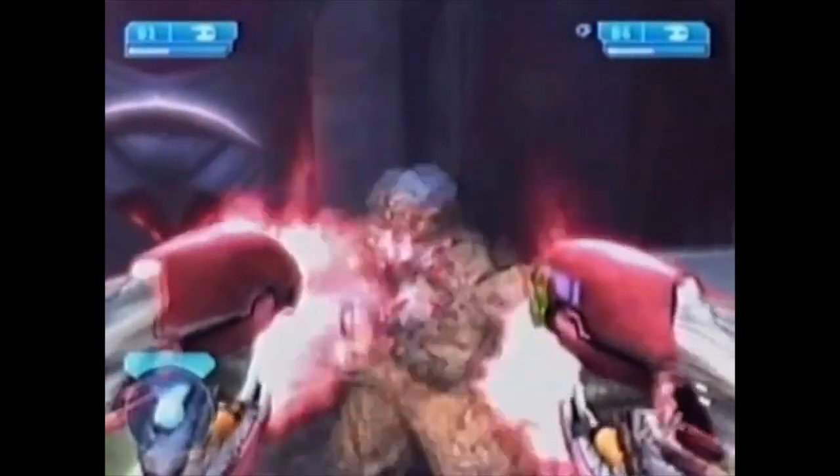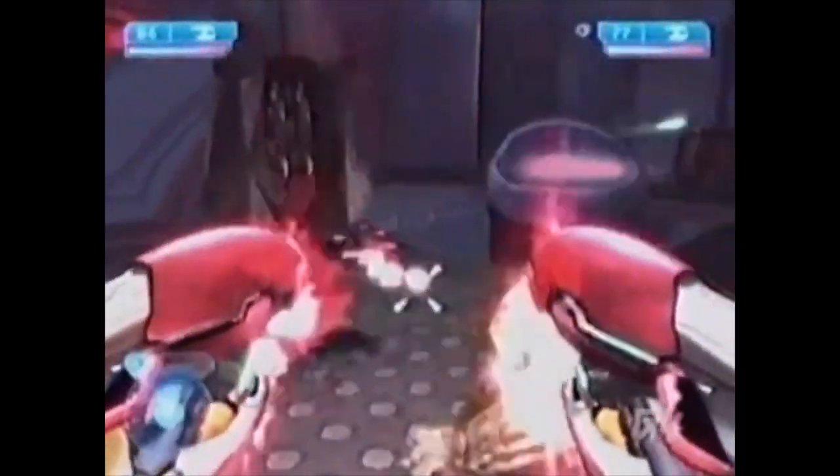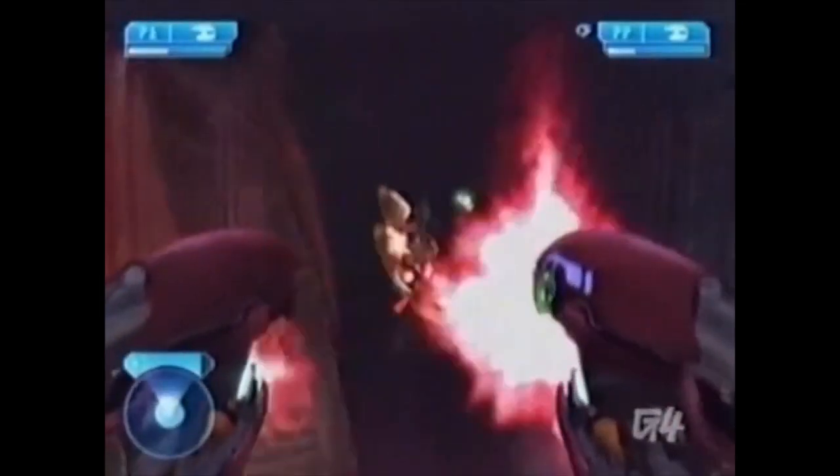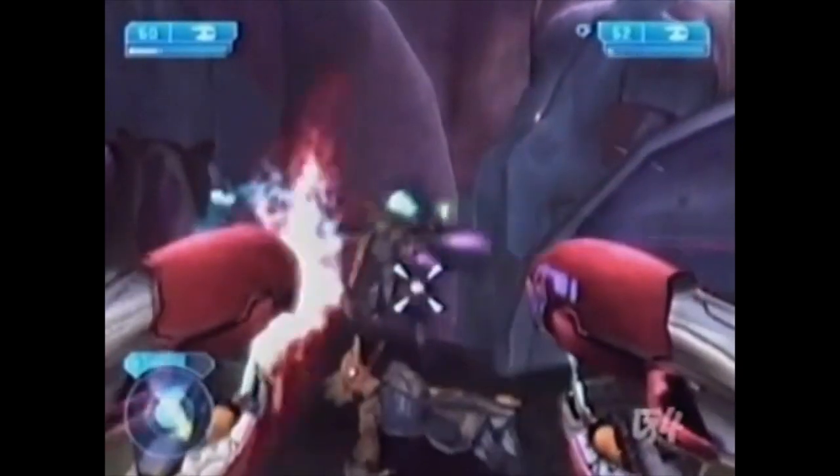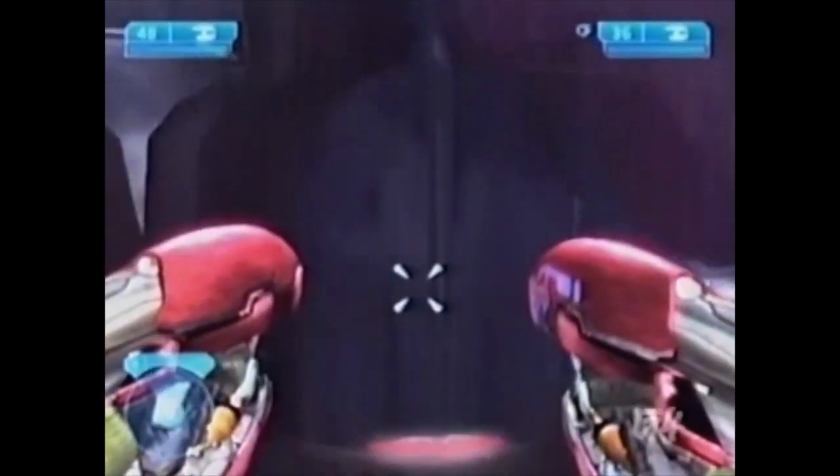Take out the big brute in front of you and take shelter anywhere safe to regenerate your health. Take out the rest of the jackals and grunts in the area and free the captive Marines in these cells. Once you free the second wave of Marines in these holding cells, make your way back up the grav shaft